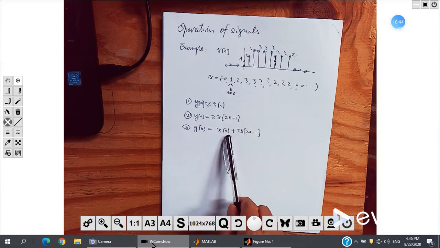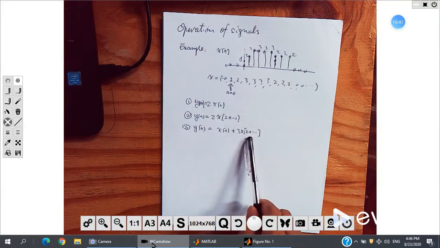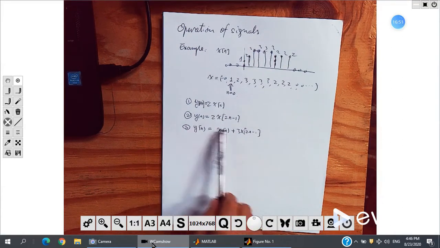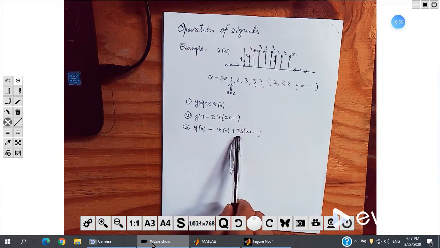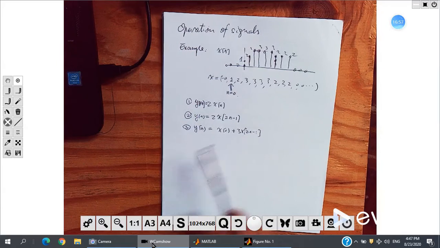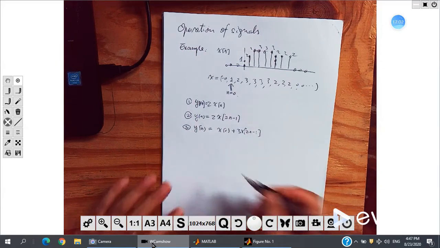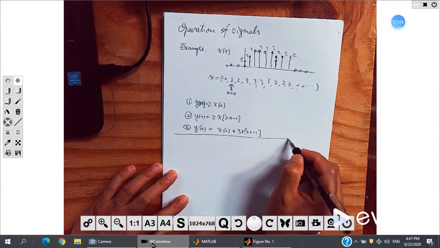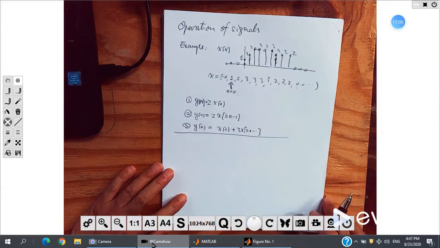The first one is x itself, but the second one is similar to the previous problem, just now this is 3, right? Okay, so we want to know what the results of these y's are for these three cases. So for the first one,